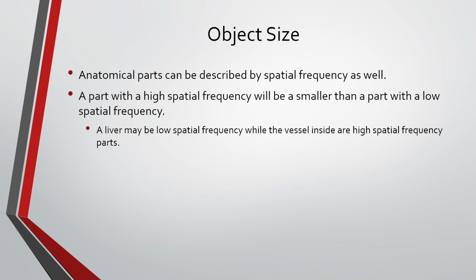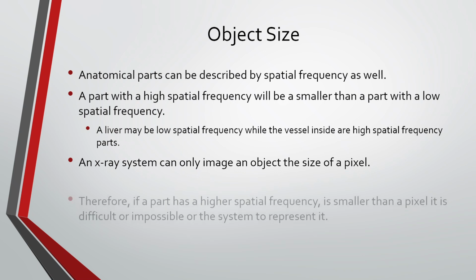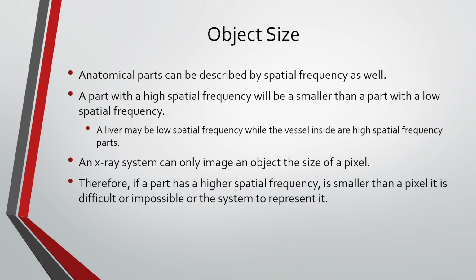All right. An X-ray system can only image an object the size of 1 pixel, as we discussed. Therefore, if a part has a higher spatial frequency, so it's essentially smaller than a pixel, it is difficult or impossible for this system to represent. So if the vessels inside have a higher spatial frequency, the part's smaller, and the system can't represent that. It's not going to be able to